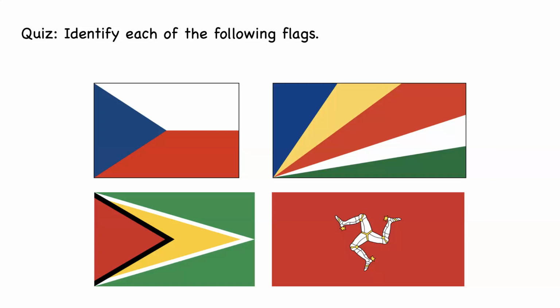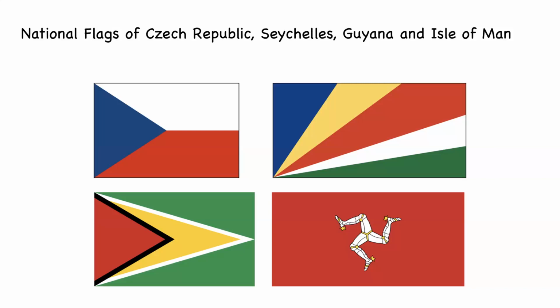So Kathy says in the 3rd quadrant, perhaps that's Jamaica. I was thinking the same thing. Are there any others at all? Nothing else I see yet. Okay, but I'm with Kathy. At least the colors made me think maybe something along the lines of Jamaica. And Isle of Man. Oh my goodness, Mary Reeves, Isle of Man. So here are the answers. The Isle of Man is in the lower right corner. What a cool flag. And you've got Guyana, you've got Seychelles, and you've also got the Czech Republic.